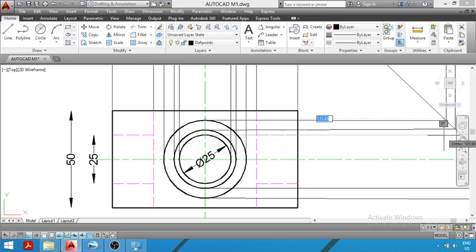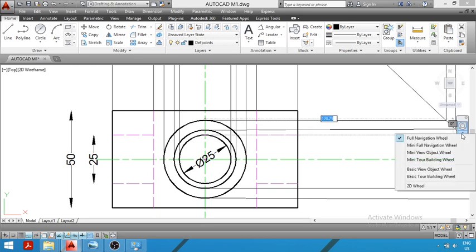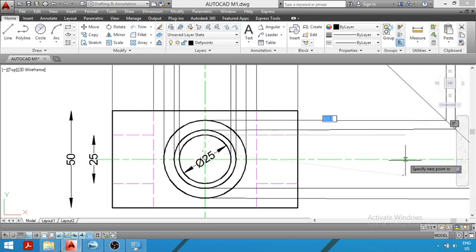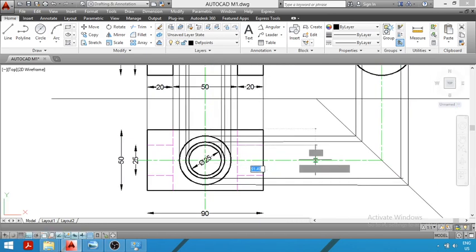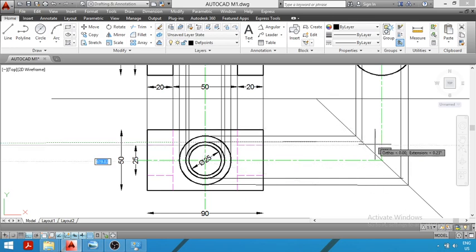It will be projected till the 45-degree line. So this is my first end point, and it will be projected in the side view on the 45-degree line.